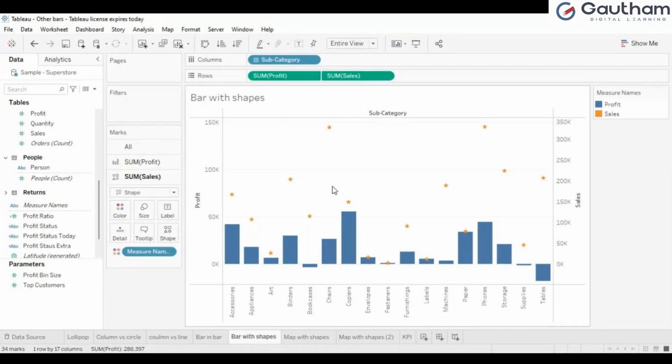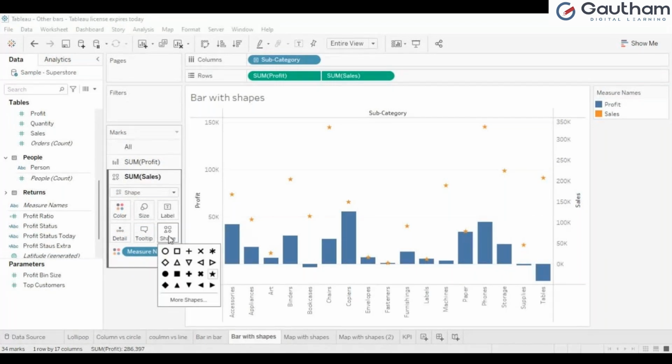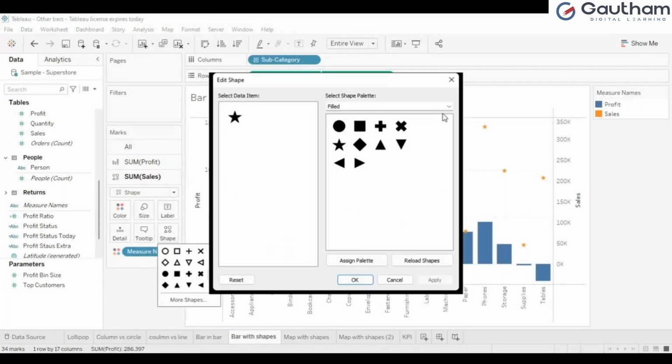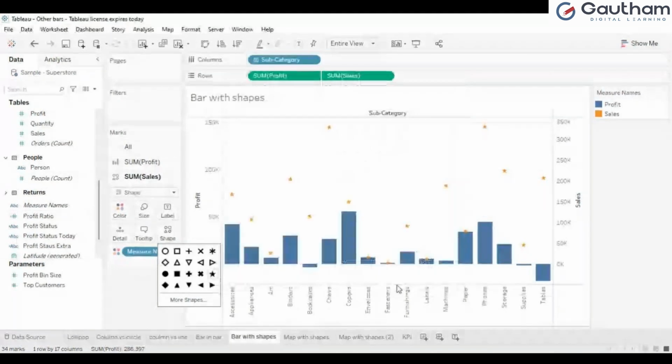You know how to change it. Go to more shapes, and you can go here to the more default shapes. Whatever shape you want, go to that field and you can add. From outside, if you want to add, you have to copy the image from Google and save it in the Tableau repository, Shapes. Again, in the shapes there will be different folders with these names. Wherever you want, you can save them and add them. That's all for yesterday's topic, which I wanted to repeat here. I'm closing this for now.